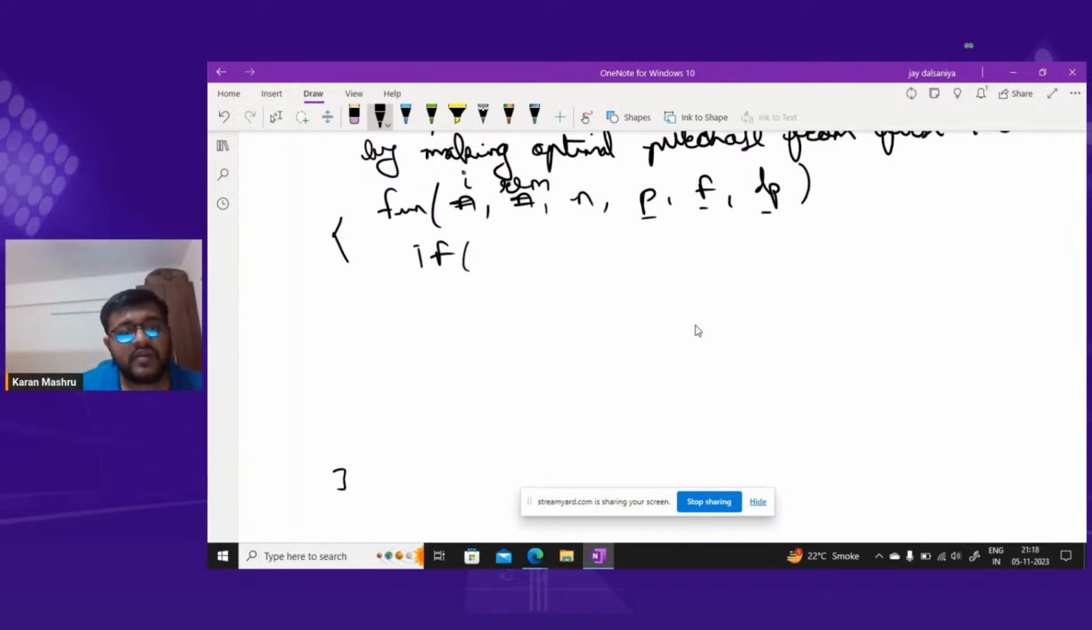First of all, if remainder is less than or equal to 0, return 0. Why? Because what does remainder less than or equal to 0 mean? See, why have I written it as less than or equal to 0? Because